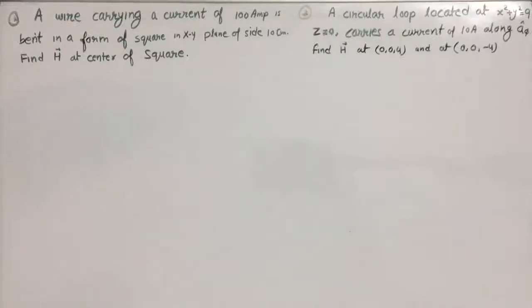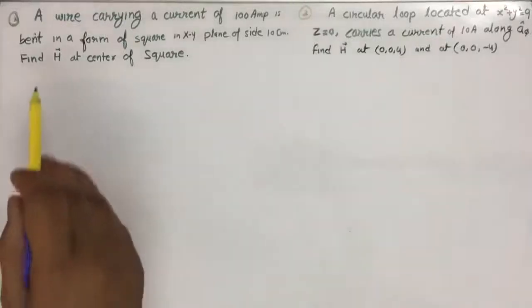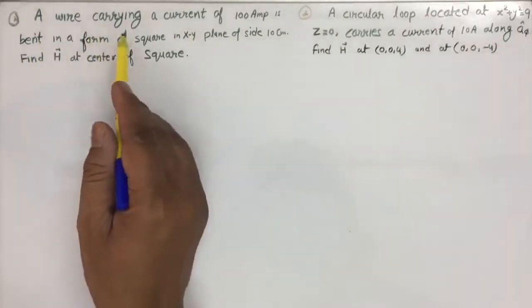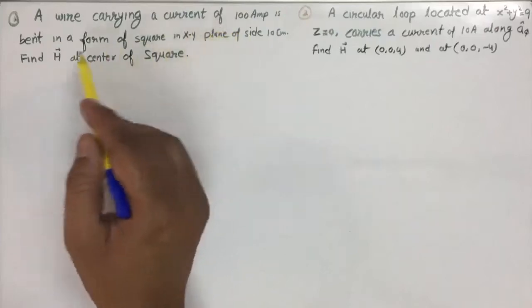Now let us try to solve some examples to find the magnetic field intensity due to a current carrying conductor at any particular point, the force between two current carrying conductors, and problems based on Faraday's law of electromagnetic induction. So the first problem is: